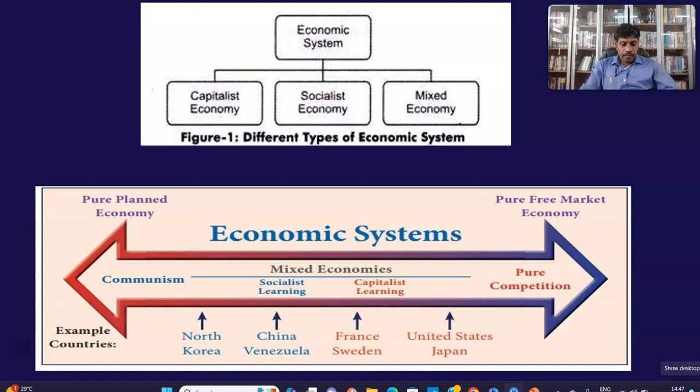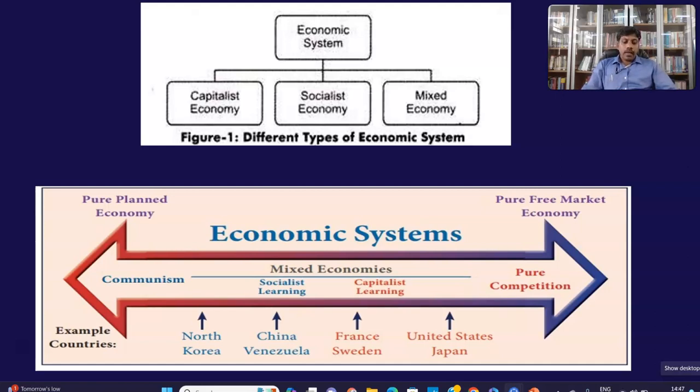And then demerits. Since it is concentrated in the central government, there is a chance for corruption. Since it is the care of every individual, this kind of economy will register no growth. There will not be any economic growth. And finally, since everyone is treated equally, the skills and talents of the people will not be appreciated, and there are no incentives, no innovations and creativity will take place for further growth. So these are the merits and demerits of socialism.